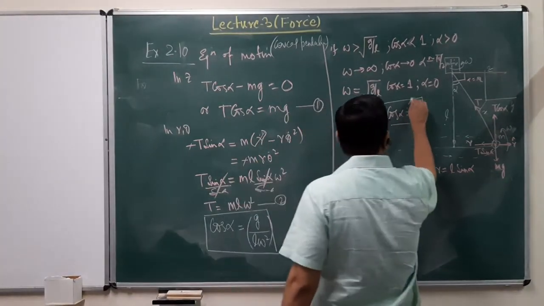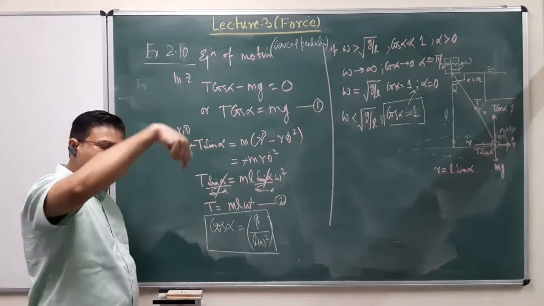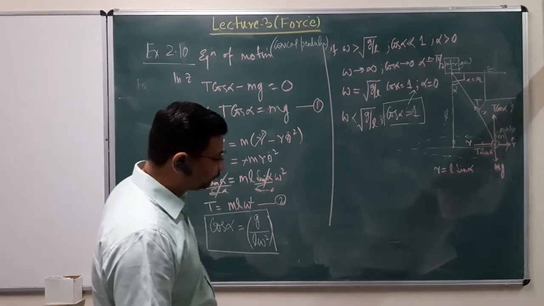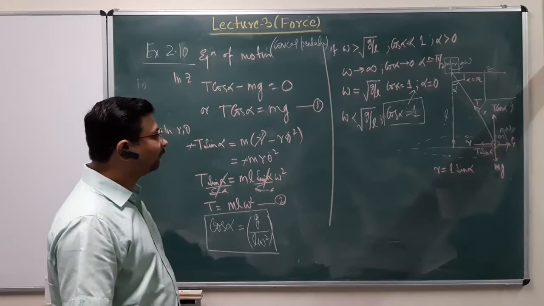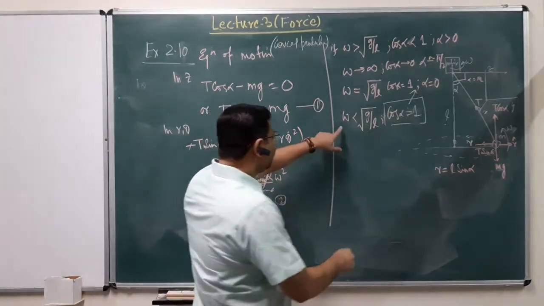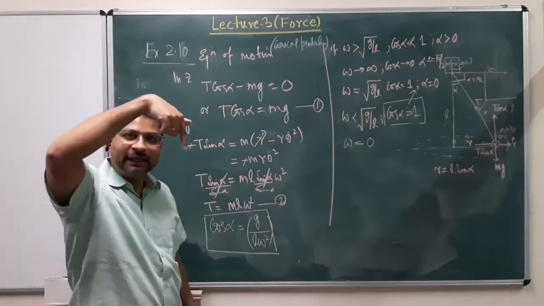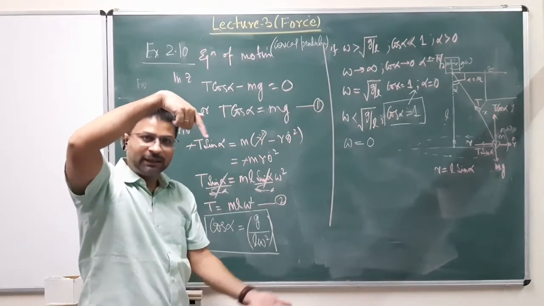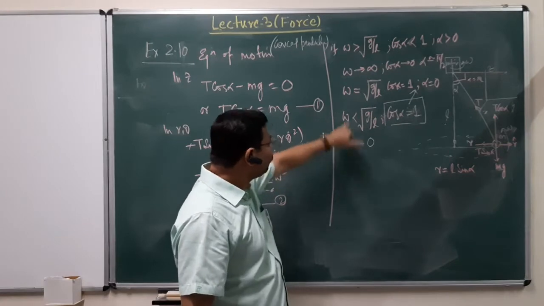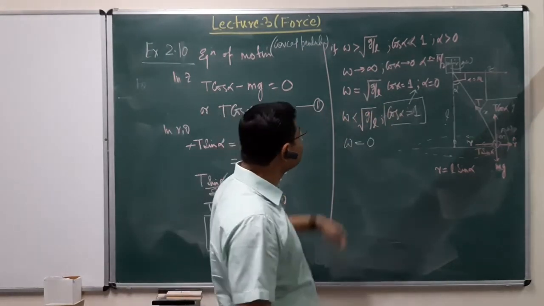And what is that state? That is simply the vertical state. So for omega up to the square root of g by L, the pendulum remains vertical, keeps spinning in line with the vertical axis. Omega can slow down, and it still keeps doing the same. Let's say if omega is 0, then it's just a vertically hanging pendulum. There is a spring, there is a mass, and that's it. Nothing happens. That condition remains till omega equals the square root of g by L. The pendulum is not going to go anywhere else.